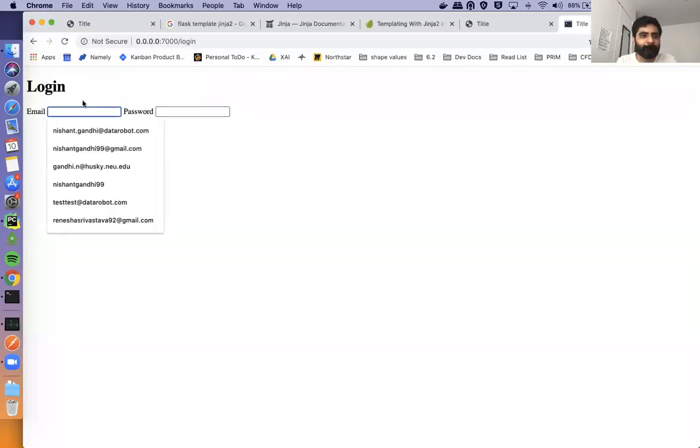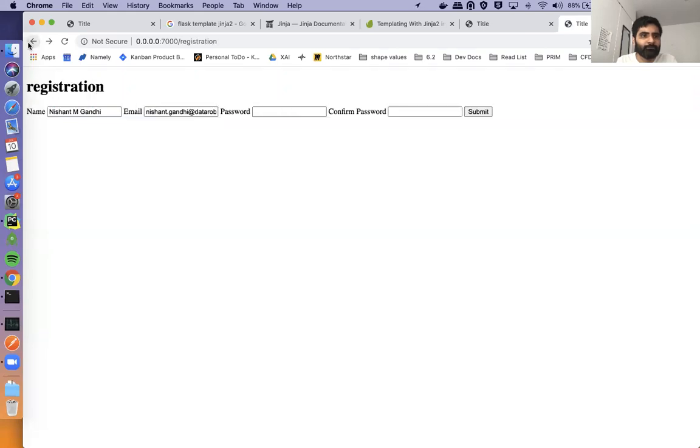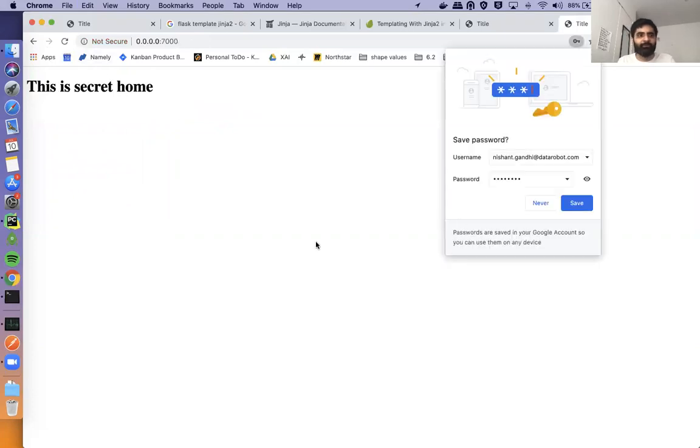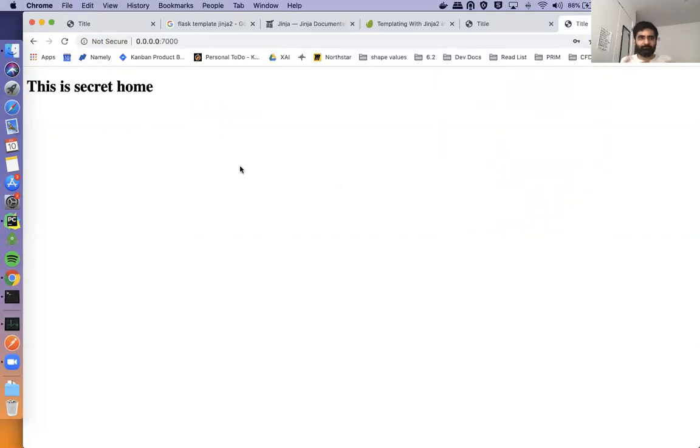So this was our Nissan.grounded data robot. Let me just copy. I think I know what the password was: 1 2 3 4 5 6 7 8. Submit. So we got submitted. If you see that, because I entered the right password, I got submitted into here. And then if I go to the login page,